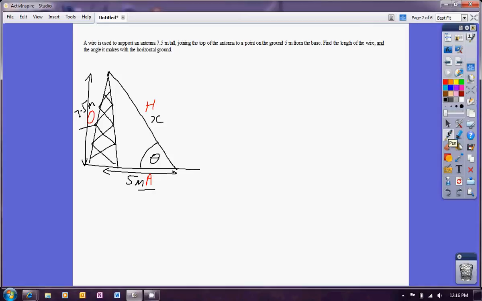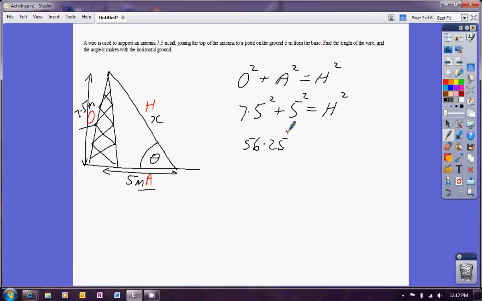Pythagoras tells us that the opposite squared plus the adjacent squared equals the hypotenuse squared in this case. Let's work through that. That means 7.5 squared plus 5 squared equals the length of the wire squared, or 56.25 plus 25 equals h squared,